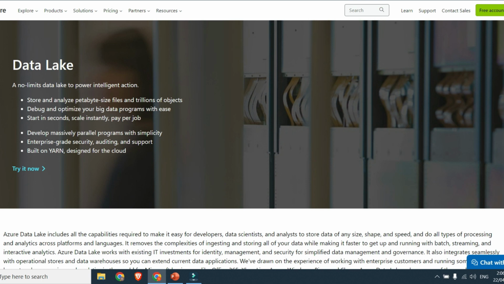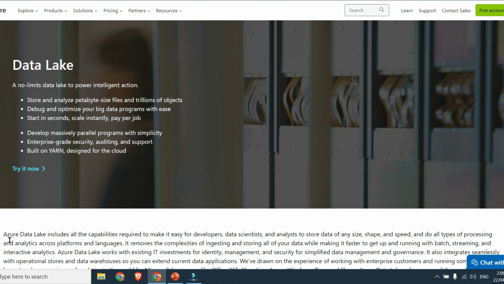So just one other thing, data lakes. I've seen a massive surge in job demand for this over the last, say, 6 months. So this is really, really recent. A data lake is just, well, it's a bunch of different technologies, but it's a storage area for data on Azure.